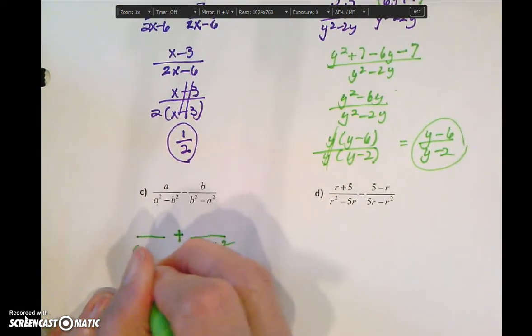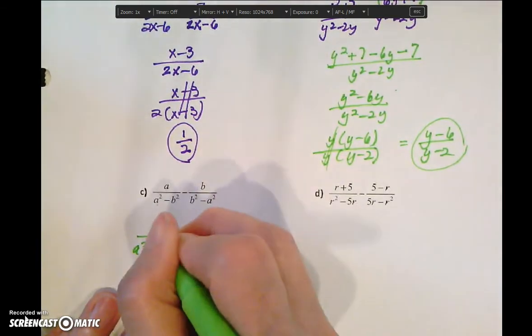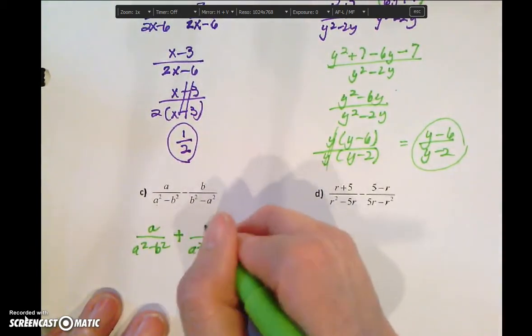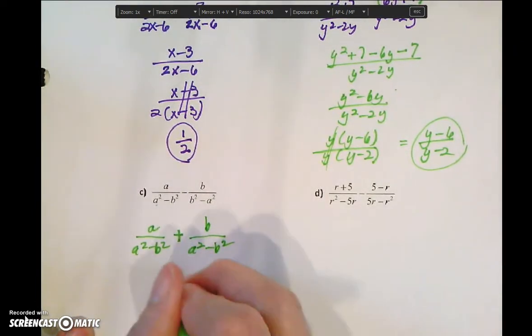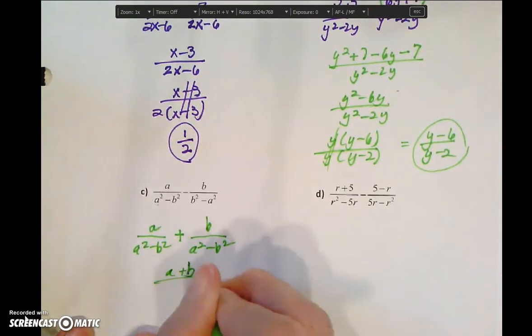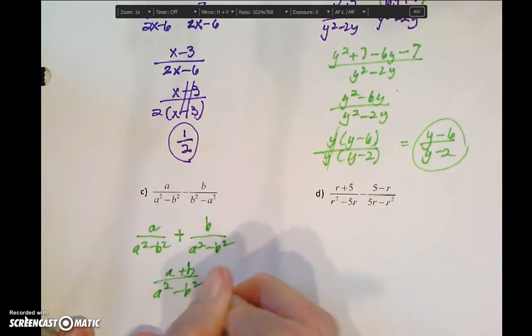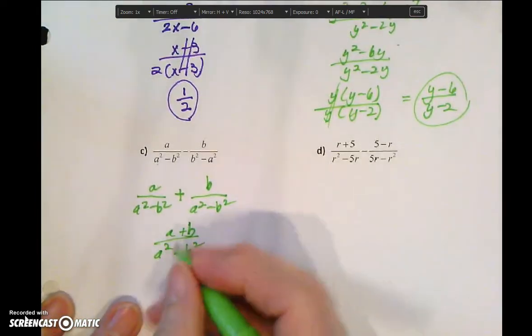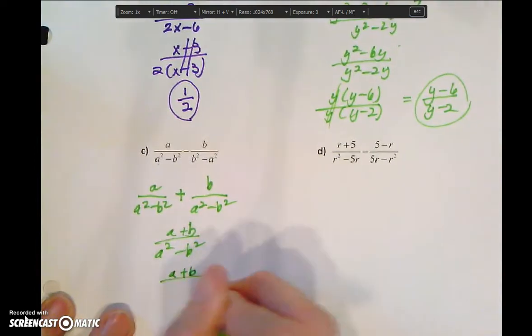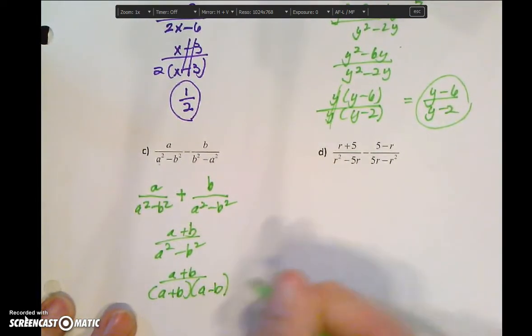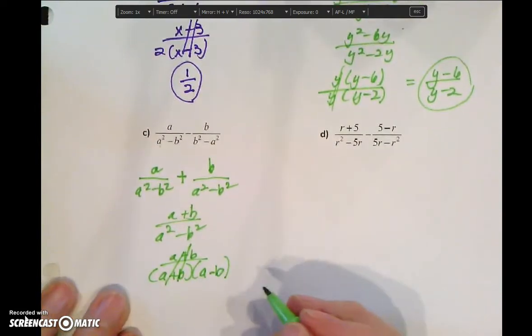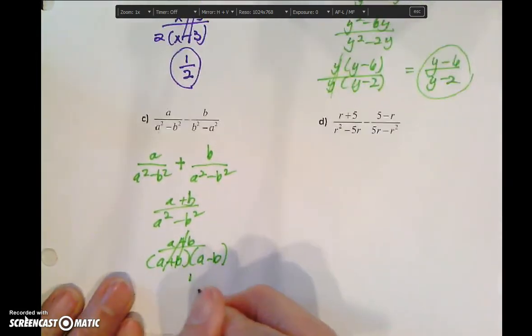And over here, a squared minus b squared, a in the numerator, and a b in that numerator. Then combine, so I have a plus b over a squared minus b squared. Factor, so a plus b over a plus b, a minus b. The a plus b's cancel. Understood 1 up there, so 1 over